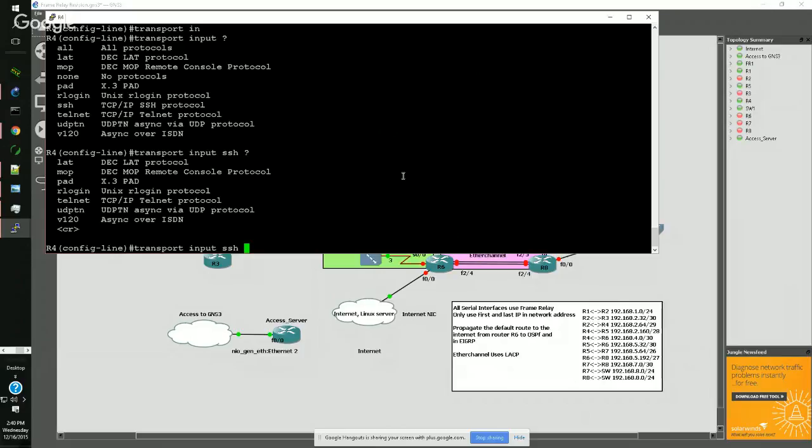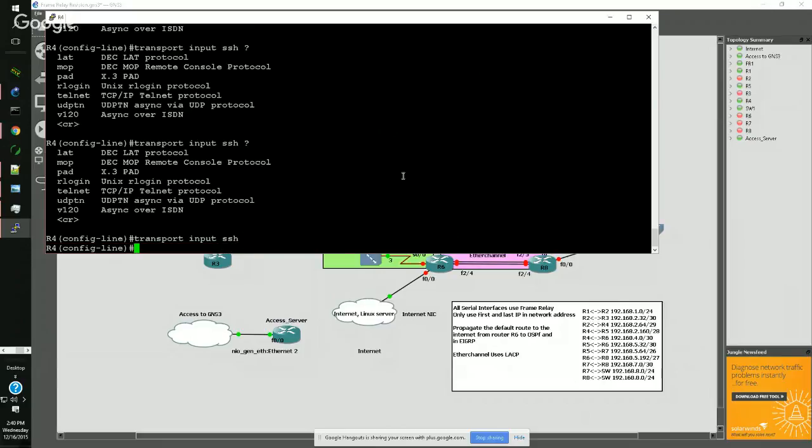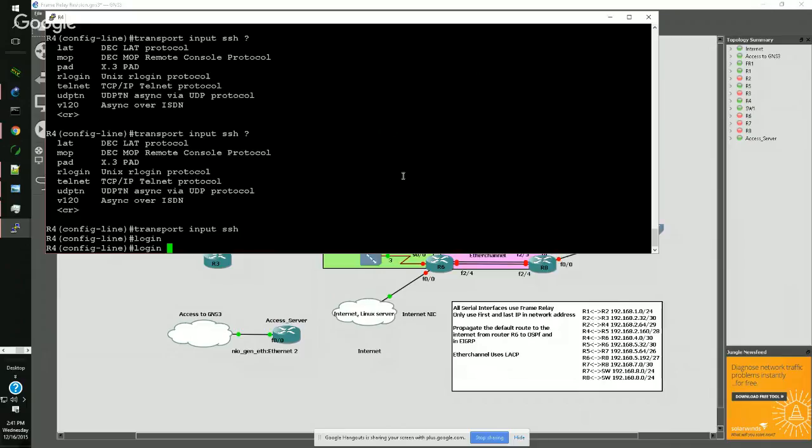All right, so SSH is what I want. I want SSH connections only. I enable that: transport input SSH. Next thing you want to do is provide login information. How do you want devices to log in to access this? You can provide login and maybe provide a password so that everybody logs in using a certain password. But I prefer to use a database